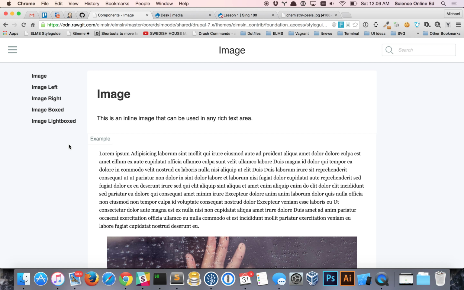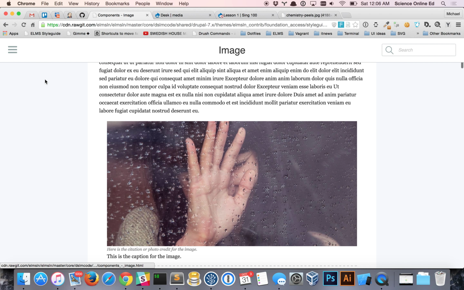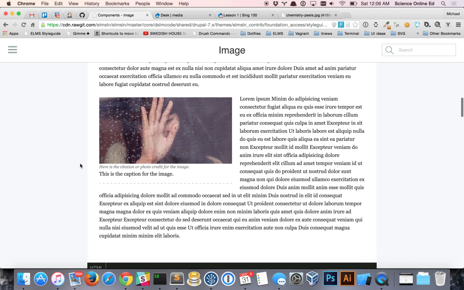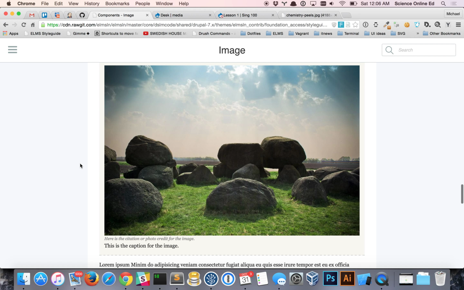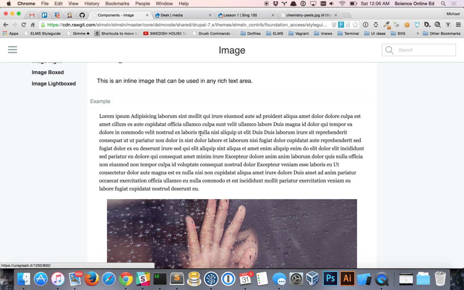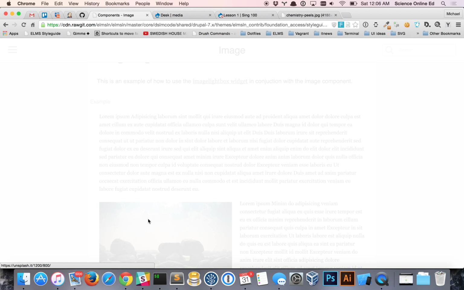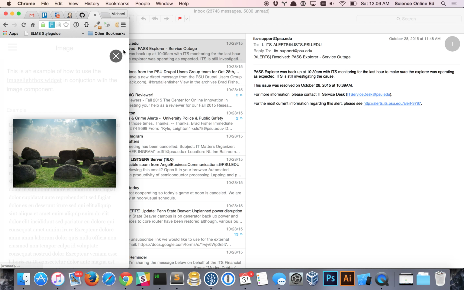One is the image design component. We have a few different options. We have image, which is just the regular full width image. We have an option for image left, image right. We have an image boxed component, and then we also have it integrated with a responsive lightbox. So if we click on it, it opens up this nice responsive lightbox,